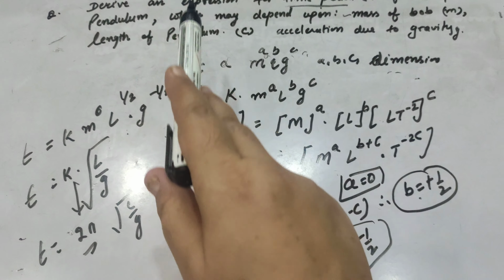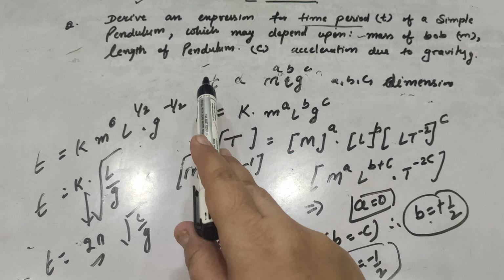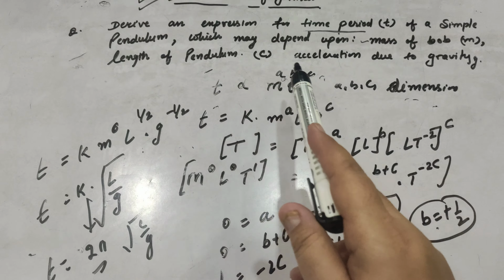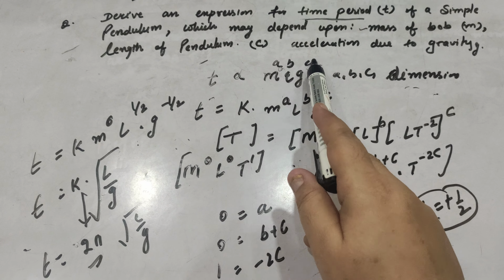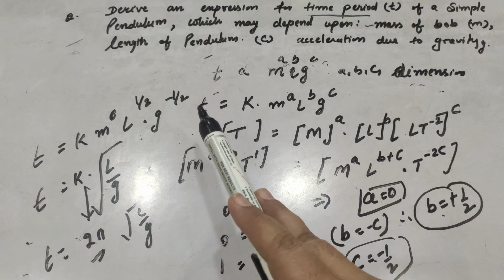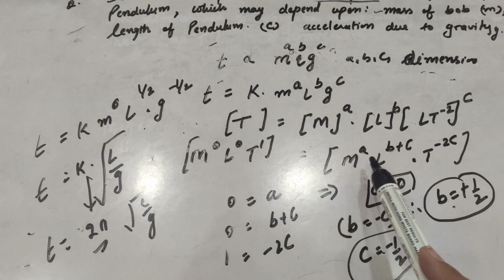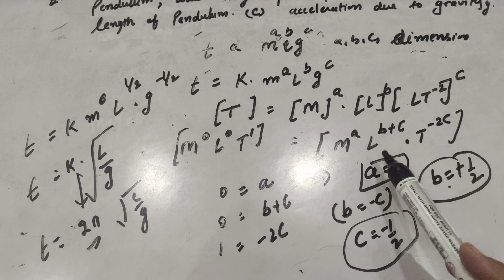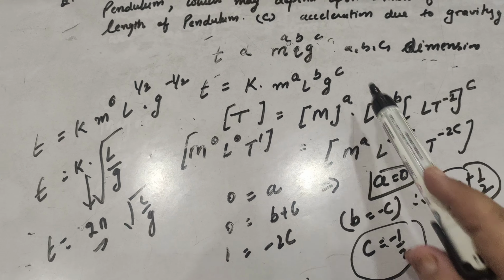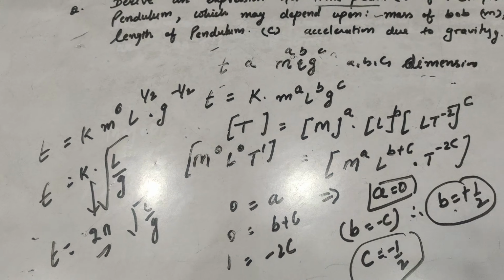What are the steps? Put the physical quantity whose values are to be derived, and put the powers a, b, c on its dependent physical quantities. Equate the dimension formulas for each physical quantity, make three equations, and then find out the values of a, b, c, put them in the first formula, and we will get the required formula.